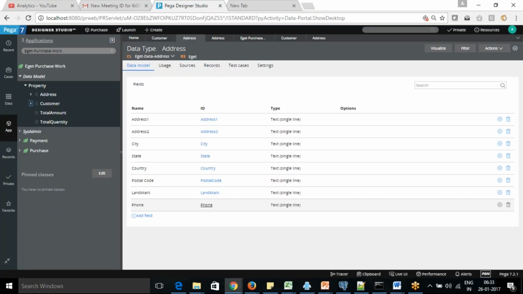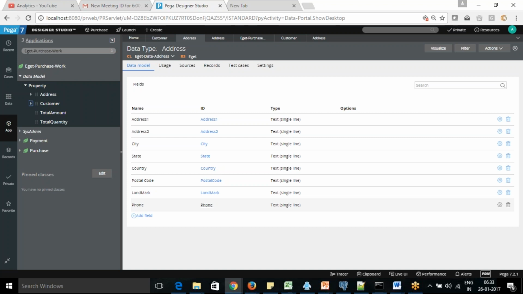So this way we have shown the page list and page group, and this is another concept which we call the advanced mode of the property. That is the Java type of property, like Java object, Java property, Java page group. That is not much needed. Actually, if you are going to write some Java utilities or Java functions, then we go for the advanced mode of the property. We don't need to understand that much now.